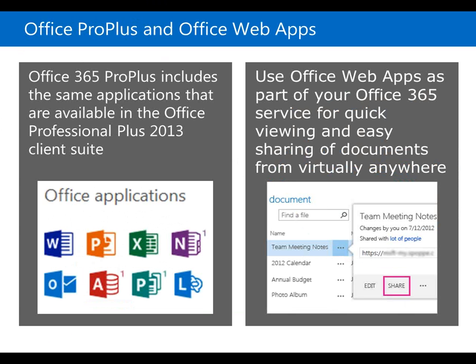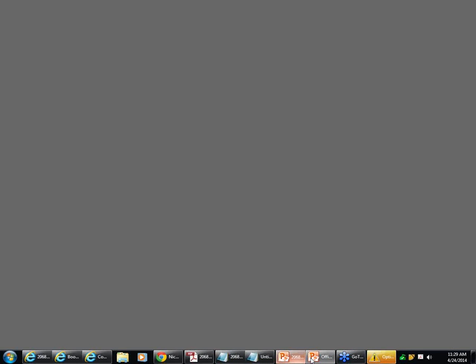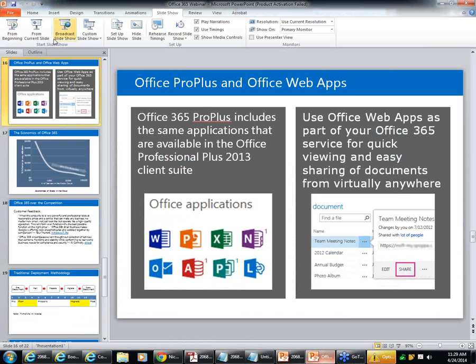And don't forget, when you subscribe to Office 365, depending upon the subscription you have, they will include versions of Word, PowerPoint, Excel, OneNote, Outlook, Access, and Lync as a value add. Remember, they let you download that as part of your subscription, which I think is really nice. I already showed you the Office web apps, which are Word Online, Excel Online, and PowerPoint Online. There's also OneNote Online, which I didn't show you, but it's there.